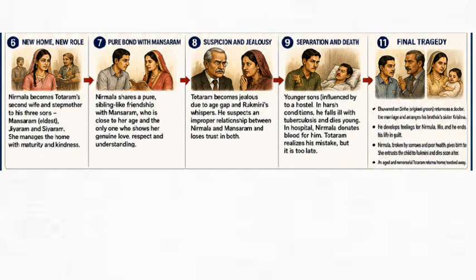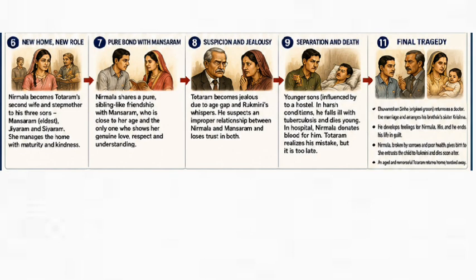After Mansaram's death, peace disappears from the household. Influenced by Rukmini, the younger sons begin blaming Nirmala for their brother's death. One son rebels against the family and brings further sorrow. The family slowly collapses under guilt, misunderstanding, and emotional pain. Unable to bear the burden of his mistakes, Totaram leaves home in despair. Years later,